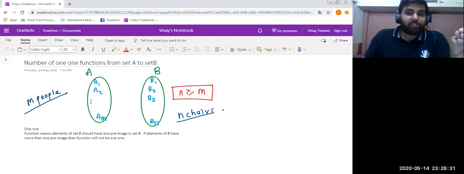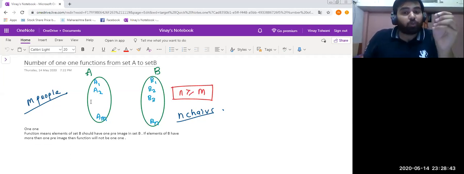Now friends, what I need to do is find the total number of ways in which m people can be seated on n chairs. Just think, how can we do that? First of all, we need to select m chairs out of n chairs.